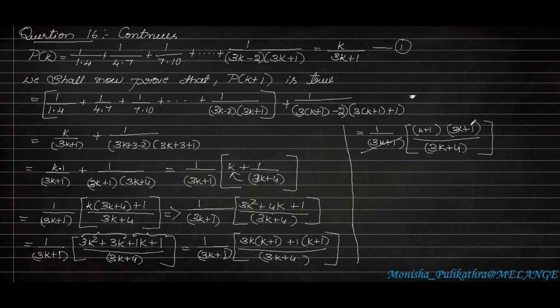So here 3k plus 1 gets cancelled. So remaining will be k plus 1 over 3k plus 4. So we can take it as k plus 1 over 3 into k plus 1 plus 1. So let this be equation 2. So by comparing equation 1 and 2, you can see that k becomes k plus 1, 3 into k plus 1 plus 1. So this shows that P of k plus 1 is true